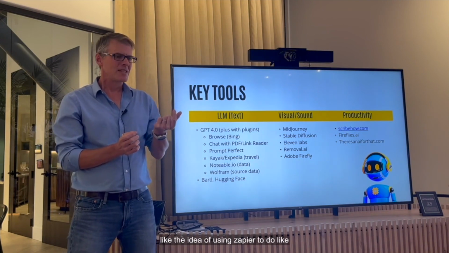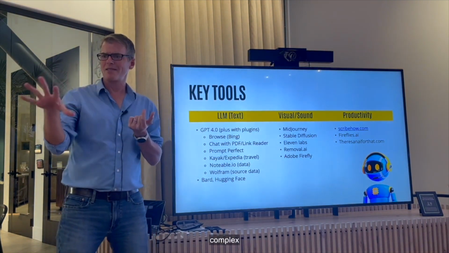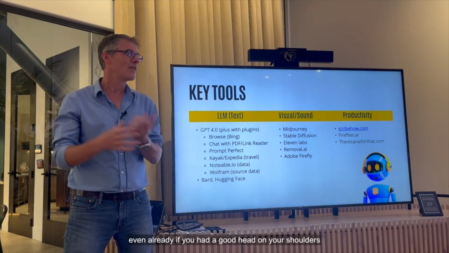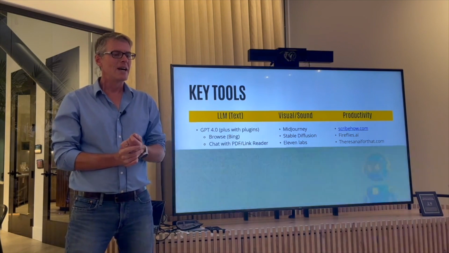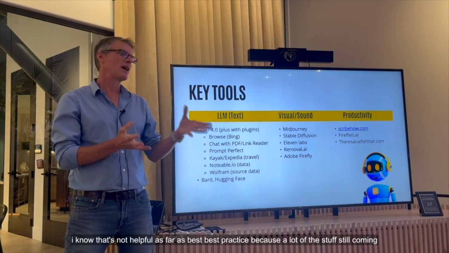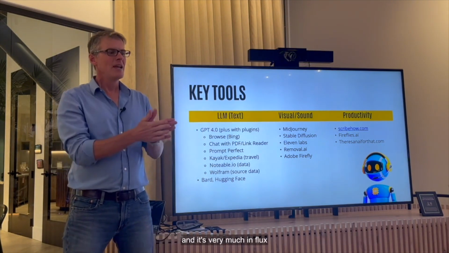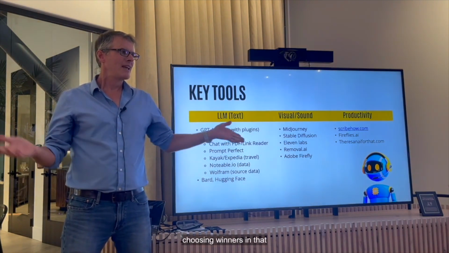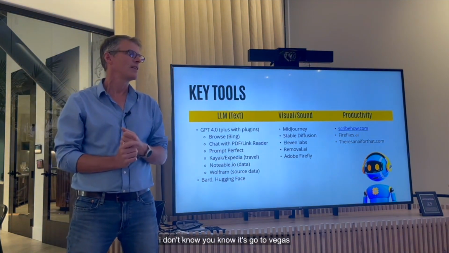The idea of using Zapier to do complex data analysis is totally silly, but you could do it even already if you had a good head on your shoulders. I know that's not helpful as far as best practice, because a lot of this stuff is still coming and very much in flux, and choosing winners in that, I don't know, let's go to Vegas.